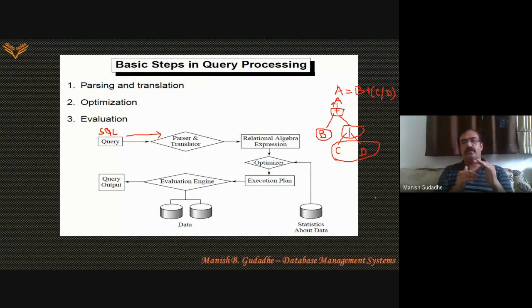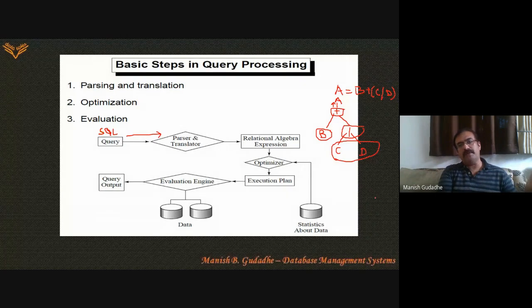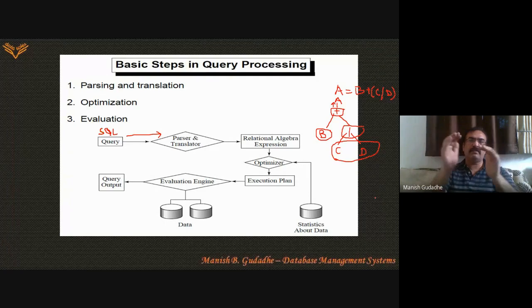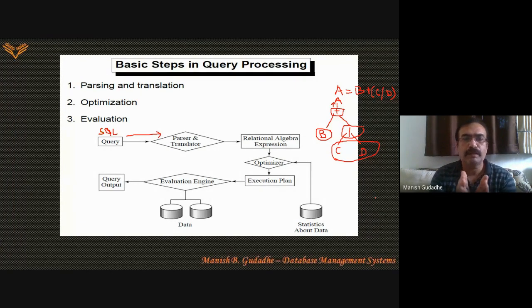In this case, we could have brought C separately and D separately. That is also valid. But the operations can be performed simultaneously. While you are performing the division operation on C and D, at the same moment you can fetch B. So at that level, two operations are performed. The result of C divided by D and B are then brought together by the plus operation. This is called a parse tree, if this is a known word to you. So this way the parsing is done.